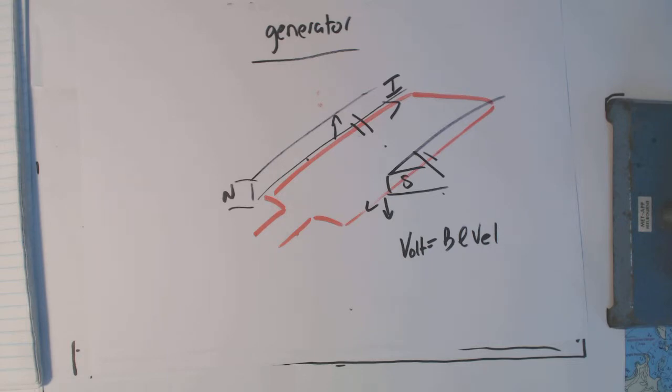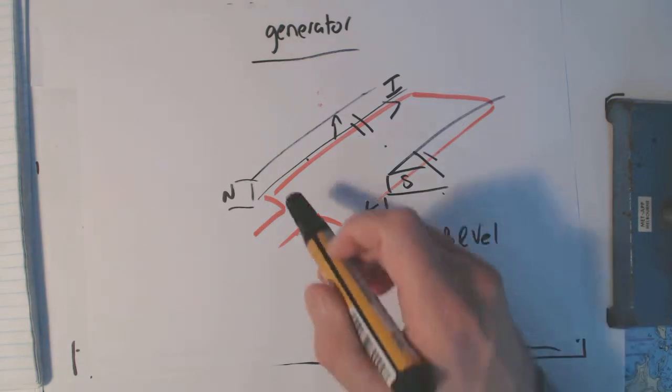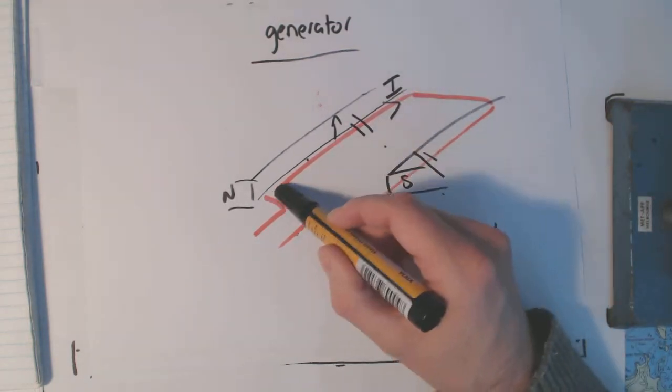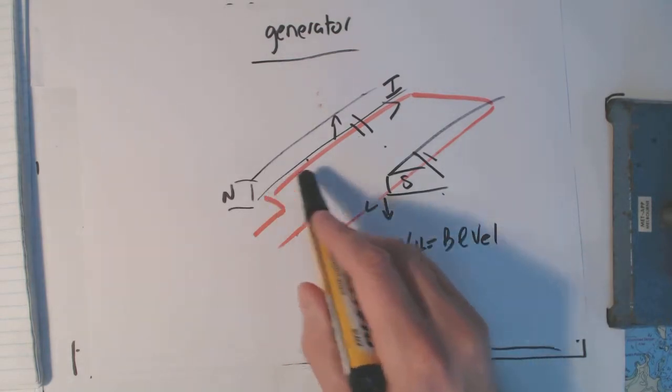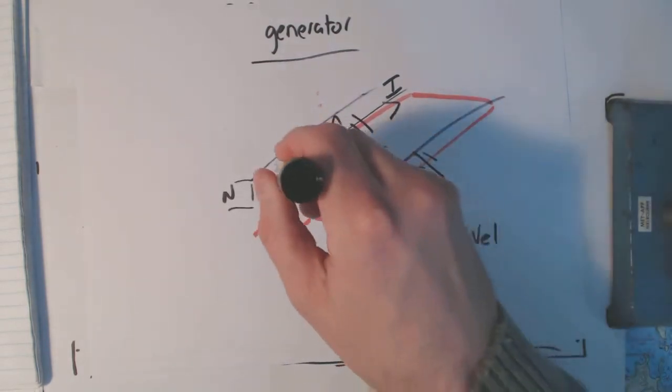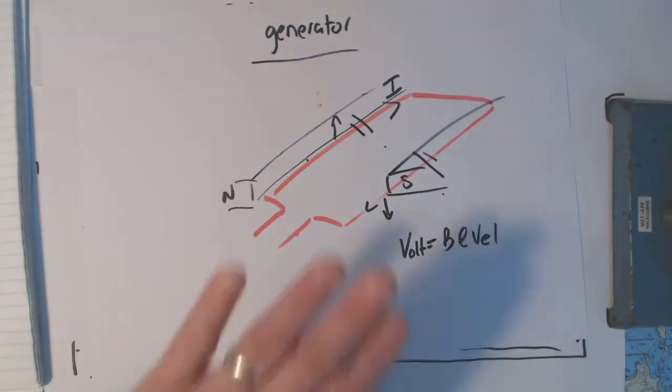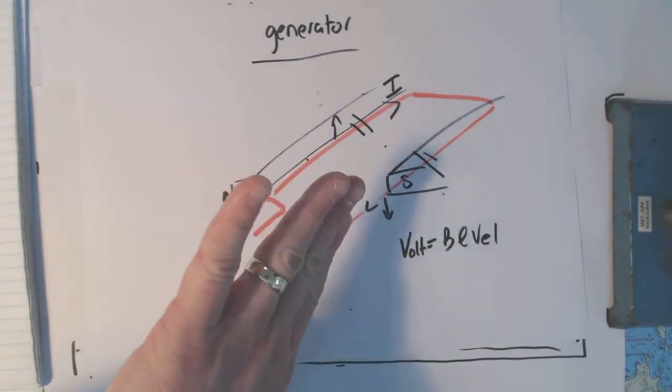when do we get the most voltage? And you'll see that when the current is flowing here, the velocity is at 90 degrees to the magnetic field. So the voltage is at its greatest at this point. If we turn the coil vertical, right,